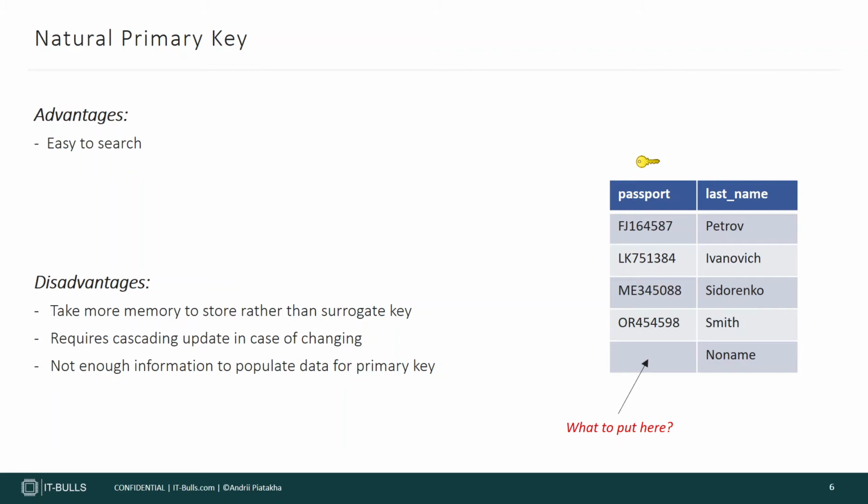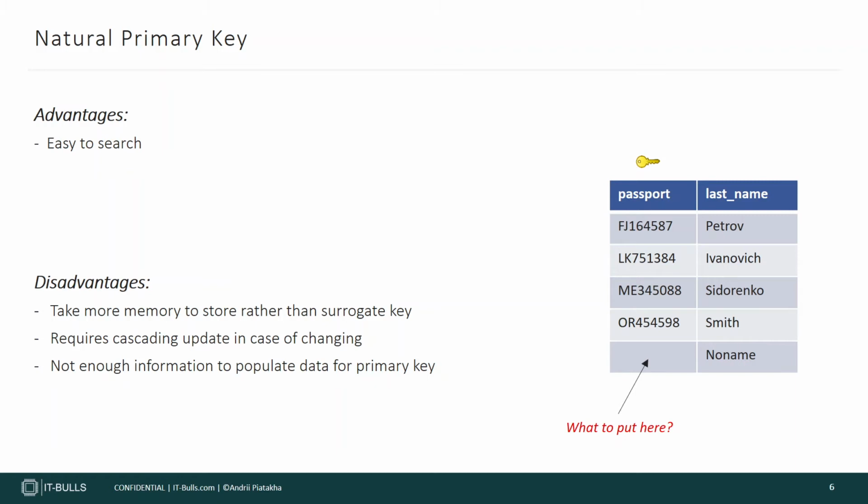Since natural key contains some valuable information, it is easy for you to understand this information. For example, it will be hard to remember a sequence number for each user to search user by its ID, but instead it will be easier to memorize user email and search user by its email. Natural primary keys have some disadvantages though. The most important are: